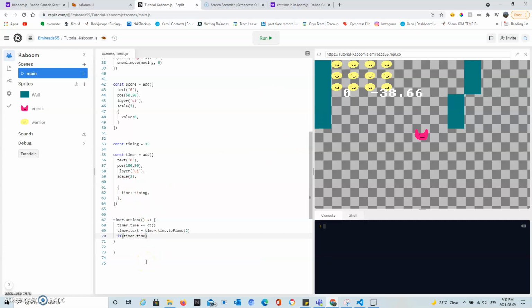Yes, it's this one. If this turns less than 0, then